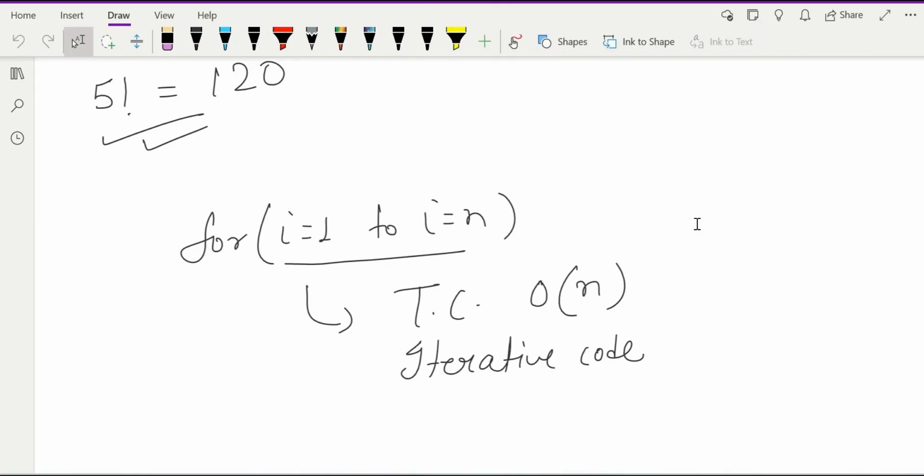for this particular factorial program, and this is a simple program, but it is one of the most important programs you can say, because it is asked in most of the interviews as well as in academic exams, or you can say in online assessments in the form of MCQs or in